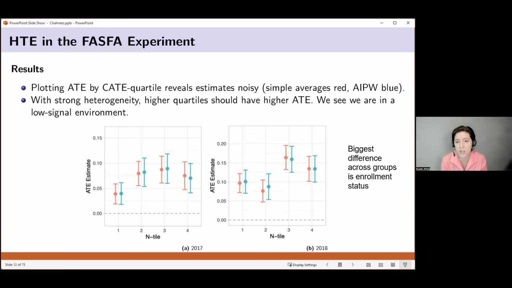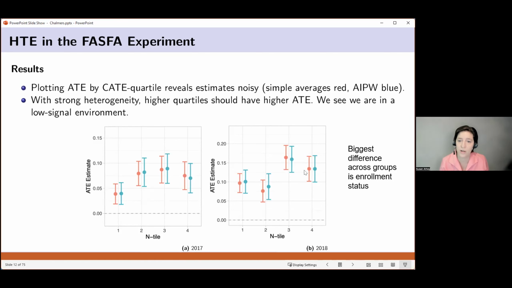There's some differentiation, but we see that it's kind of noisy. And in fact, we see a little bit of a downward slope in the fourth quartile. And this is a pretty common way that these pictures look. If you have kind of noisy data, your signal to noise ratio is not that favorable. And so if you try to go estimate treatment effect heterogeneity as a function of covariates, due to sampling variation, you're going to find something, but whether or not it really holds up in a second data set depends on how much heterogeneity there is in practice. So here we see some separation, but not all.